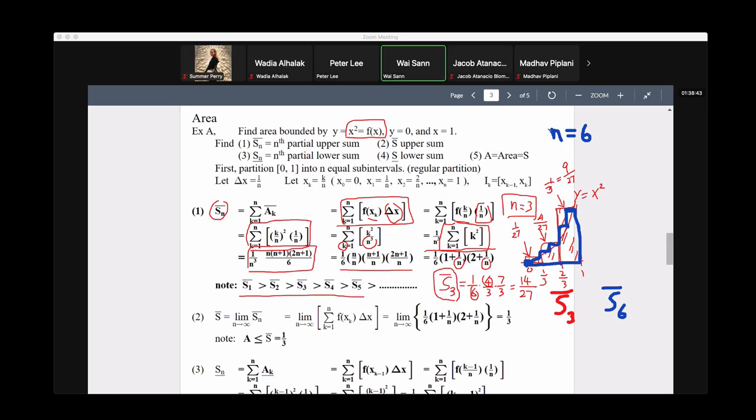Which is bigger, the third partial upper sum or the sixth partial upper sum? The third one is bigger. Which one? The number 3. Yes. So if you look at the third partial upper sum and the sixth partial upper sum, notice the